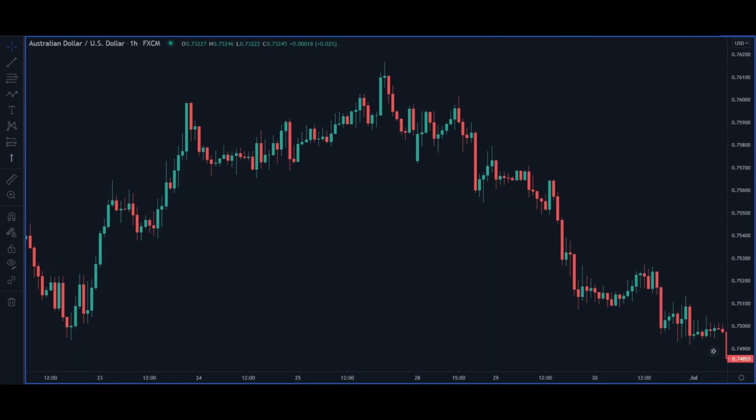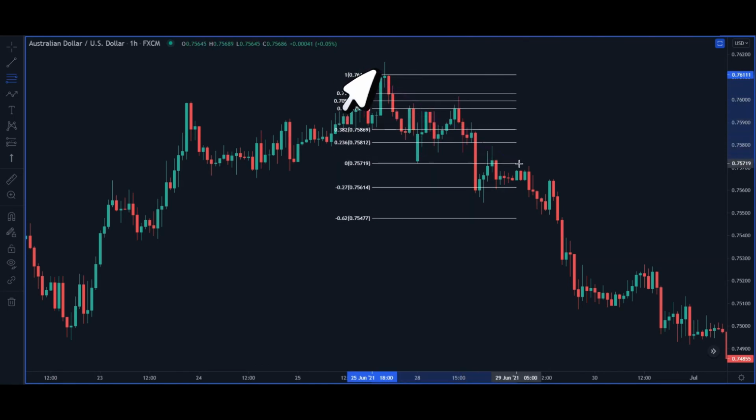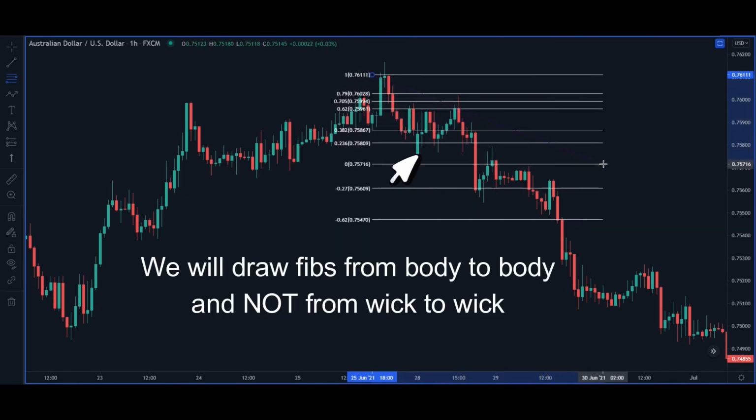Here's an example of a sell trade. Price right here is going on an uptrend. And right over here at the top, you can see that price is already changing in momentum. And price broke structure to the downside. You will then draw your fibs right here from the swing high to the most recent swing low right over